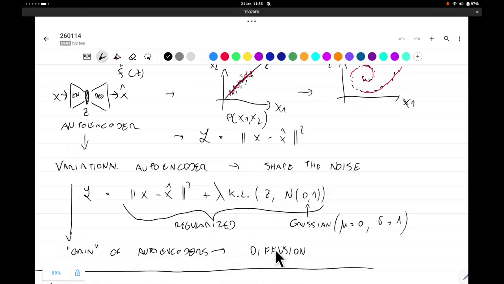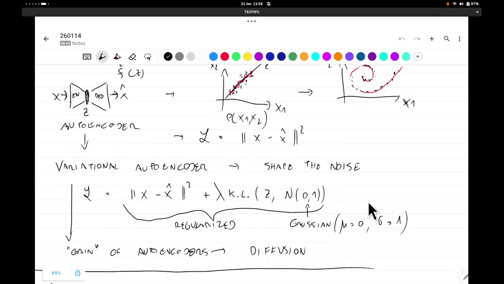So people use chains of these autoencoders, so that you do this transformation stepwise from the initial distribution to the Gaussian, and this has the name of diffusion. So there are techniques for training that. I didn't specify more than that, just to say that basically the variational autoencoder is the seminal